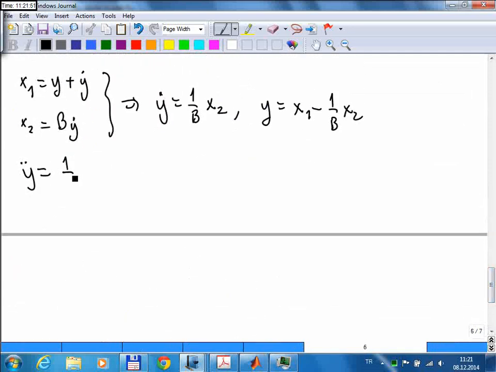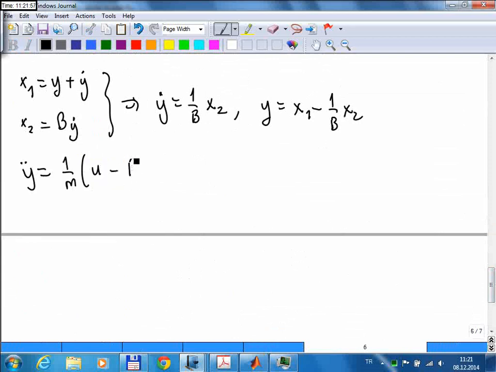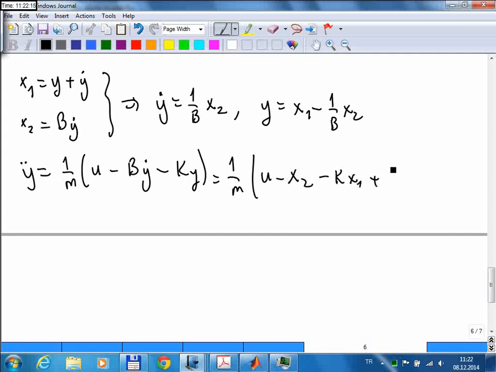It's 1 over m times u minus b y dot minus ky, and that's equal to 1 over m times u minus x2 minus k x1 plus